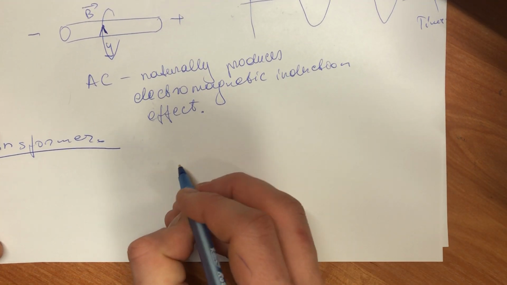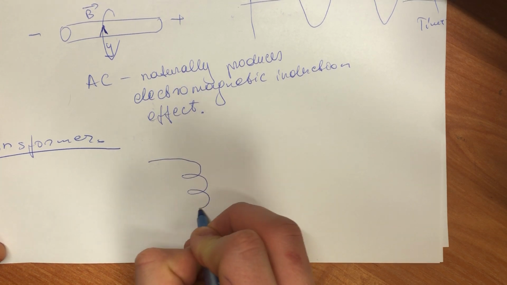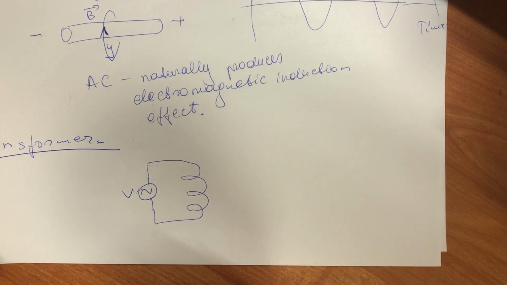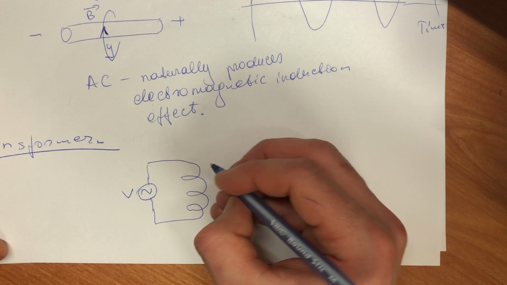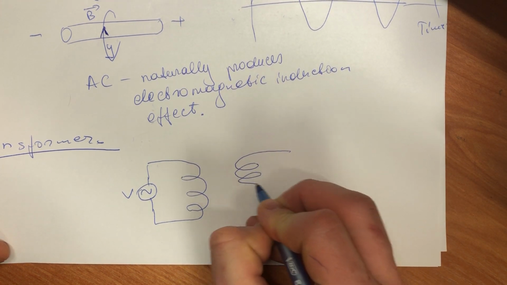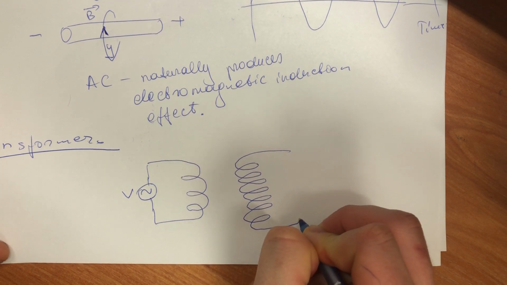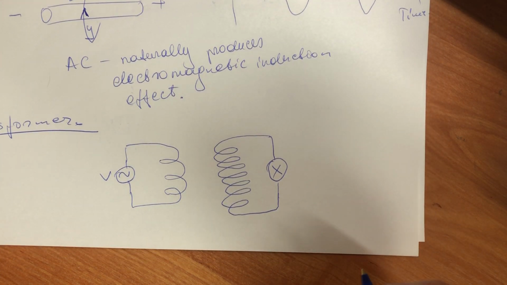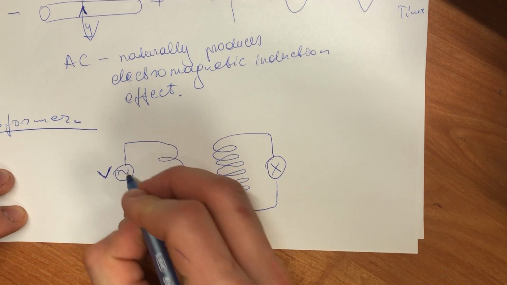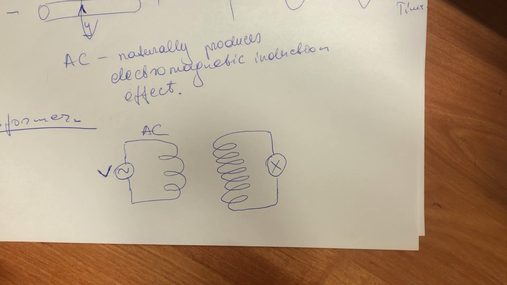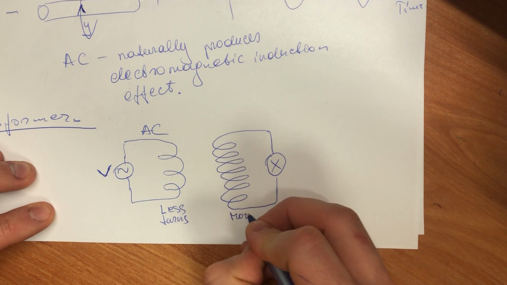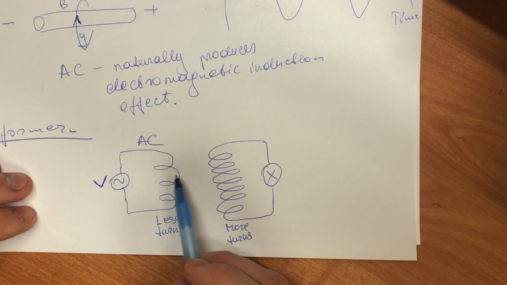So if we have, let's say, here only a few coils of wire, and we have alternating voltage, so here we have a lot of coils in this, and imagine that there is a light bulb or something, and because there is alternating current flowing here, here are fewer turns of the coils, and here are more turns of the coils. So when current flows in